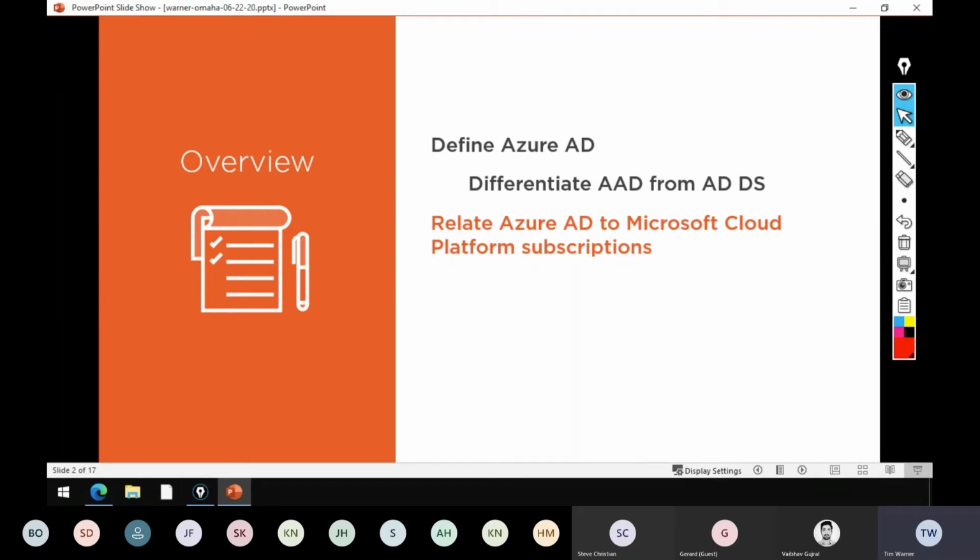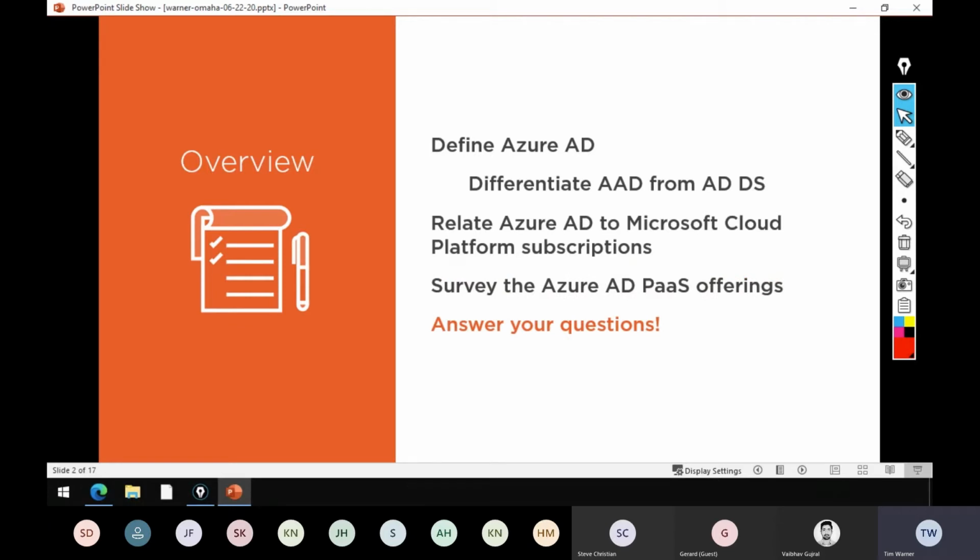I find that trust relationship often is a fuzzy concept for people. I know it was for me. Then we're going to survey all of the Azure AD offerings that are available in a platform as a service context. Of course, there's always infrastructure as a service, standing up a good old domain controller VM in a virtual network. And I'm here, of course, to answer your questions.